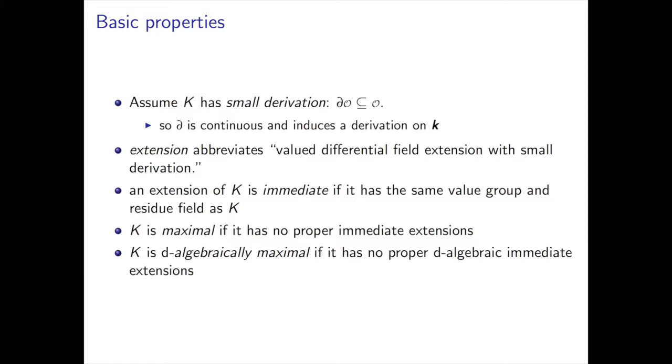Spoiler though, I do not have an Ax-Kochen-Ershov theorem to tell you. So, sorry to disappoint. Do you have counterexamples? No. In the asymptotic setting, whether you have small derivation is actually determined by your value group, though. So under the assumption of asymptotic that I will define, it is determined by your value group, or by your value group with some induced structure from the derivation, really. Not just by the value group.